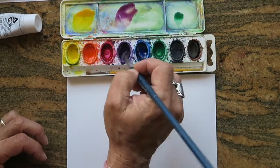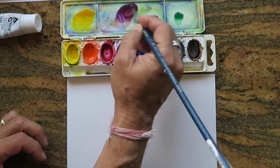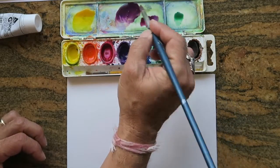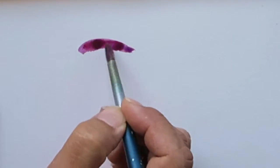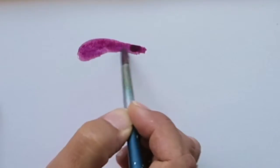So basically, I found in this conference that I went to a soap supply company that I've never used their products from before. I found this purple that I can't really even replicate with my paints right now, but it's a real bright reddish purple. And to show you the difference here, let's see if I can get just a regular deep